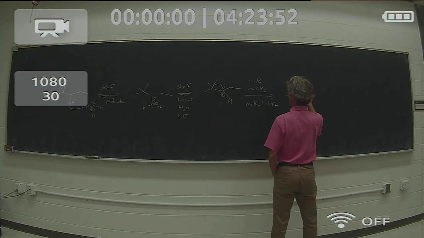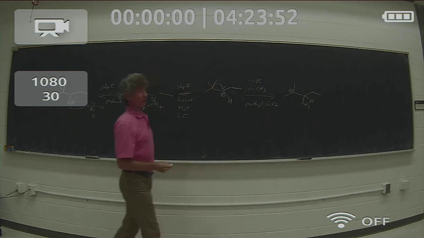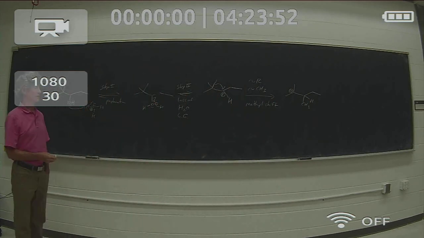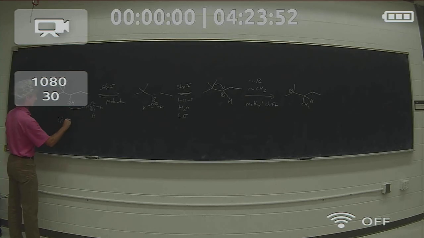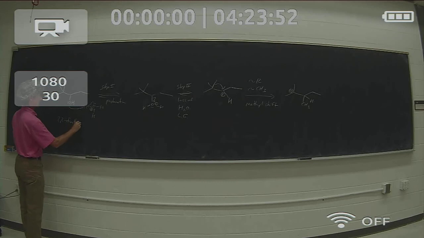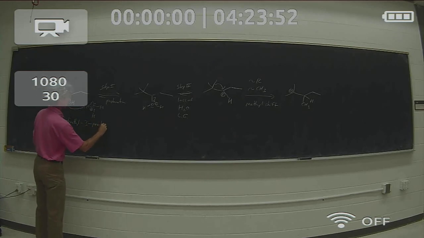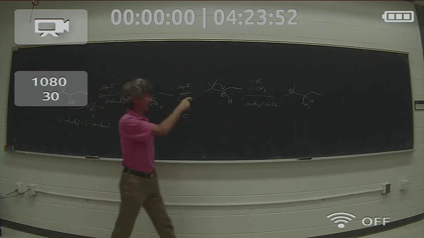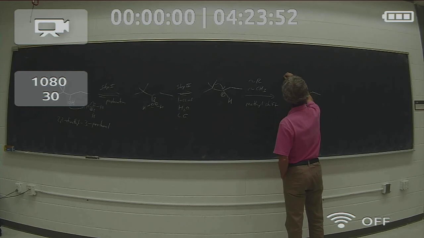And we will generate a rearranged carbon skeleton, where now the two methyl groups are in position 2 and position 3 instead of both on position 2. So we go from 2,2-dimethyl-3-pentanol, after trapping with our bromide ion,